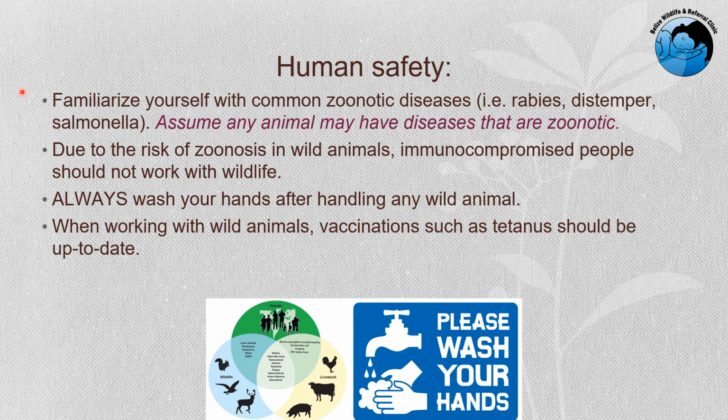So again, familiarize yourself with any zoonotic diseases: rabies, distemper, salmonella, and assume that all animals may have diseases that are zoonotic, that can be passed to you, right? So due to the risk of zoonotic diseases in wild animals, it wouldn't be advised for immunocompromised people to work with wildlife. So if you are immune deficient, or immunocompromised, then it would be best for you not to intervene and help with